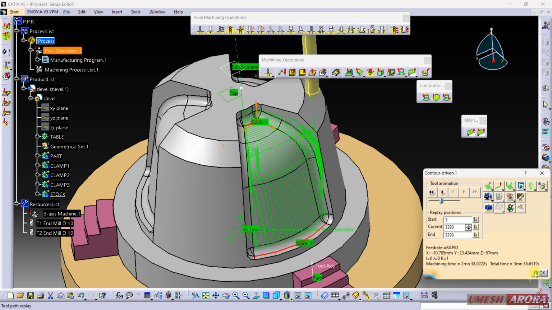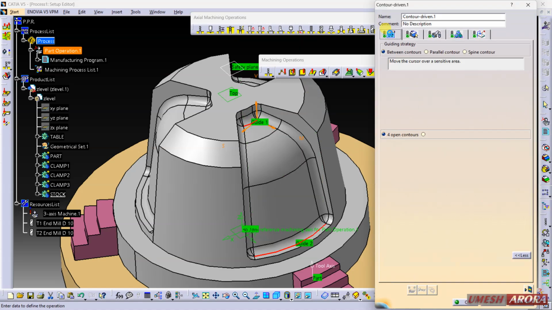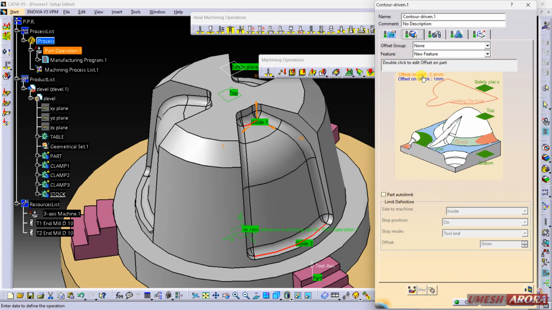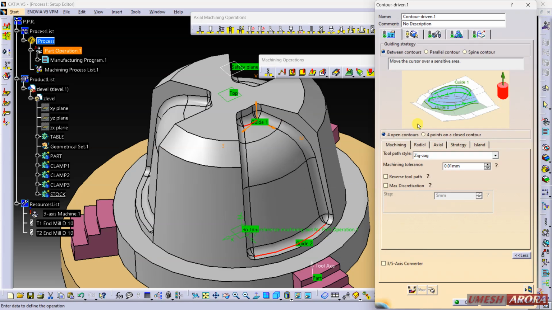Now click here and come to this first tab. Here I am using between contour, means the toolpath is generating between the first and second guide curves. The offset part means I want a finish operation, so I'm entering this value as 0, so it will completely finish it.